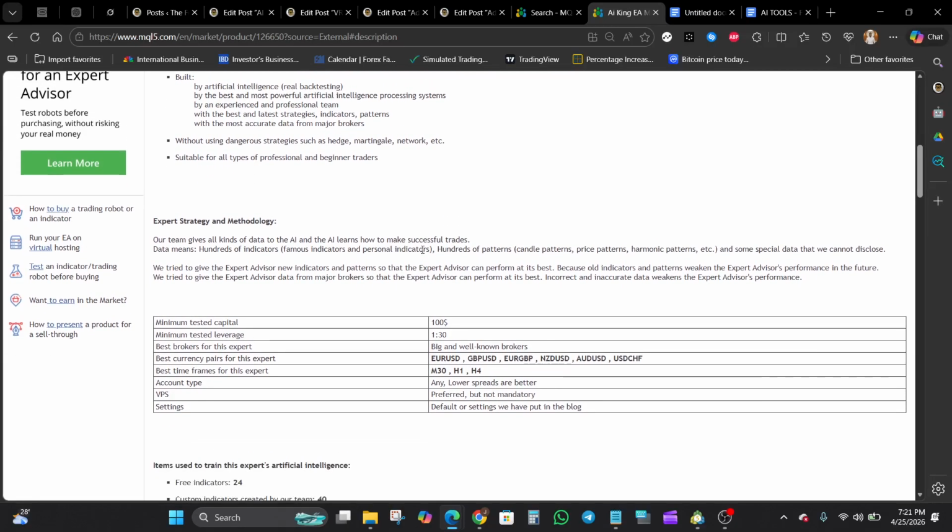Okay, so we can see that the minimum tested capital is 100 US dollars, minimum tested leverage is 1:30, and the recommended pairs are EURUSD, GBPUSD, EURGBP, NZDUSD, AUDUSD, USDCHF. Best time frames M30, H1, H4. So we are just going to go over to the strategy tester right now to see how this EA behaves in real